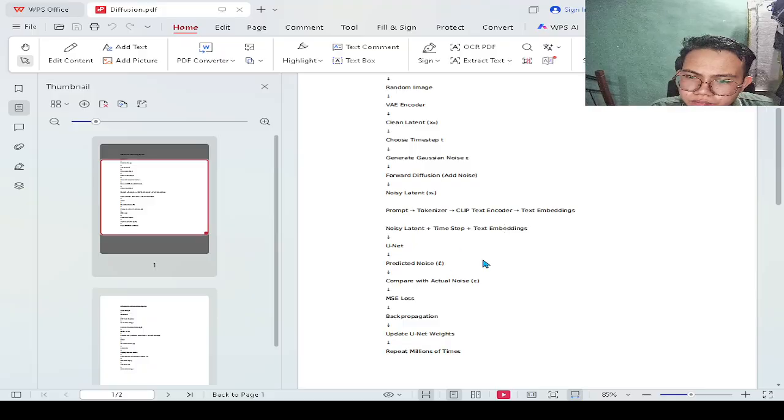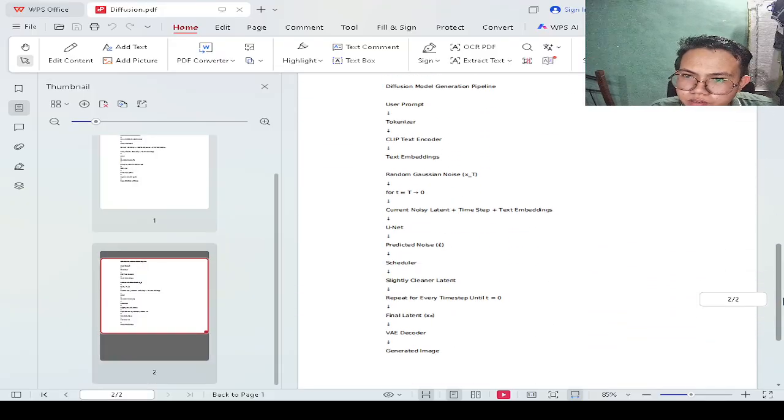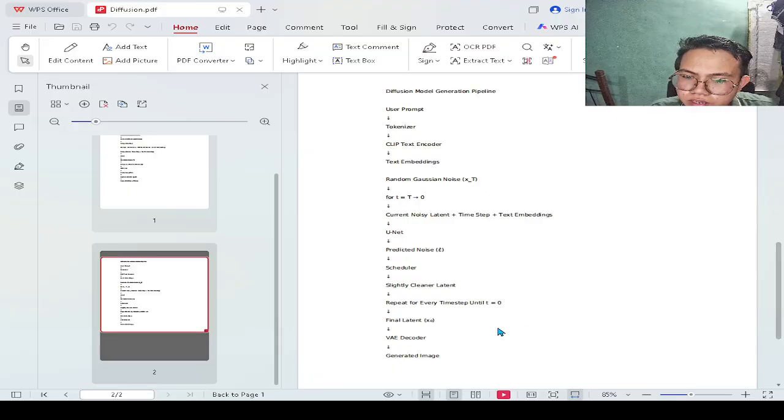And also the embeddings are associated with the noise. Now in the diffusion model generation pipeline, we use the user prompt.